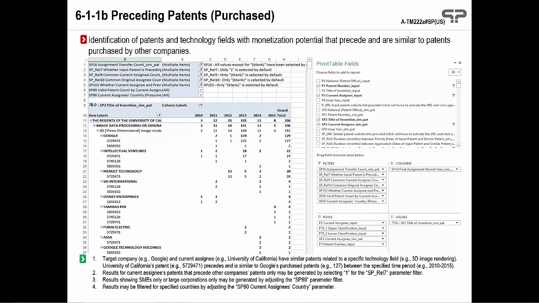Another useful analysis is the identification of patents and technology fields with monetization potential by identifying patents that precede and are similar to patents purchased by other companies. The view code for this analysis is